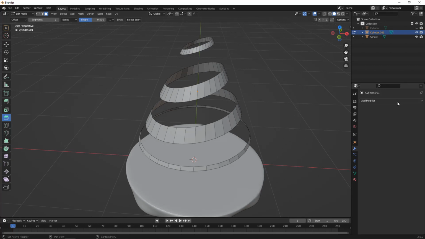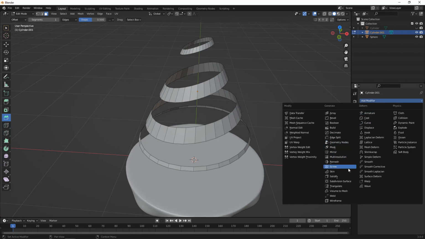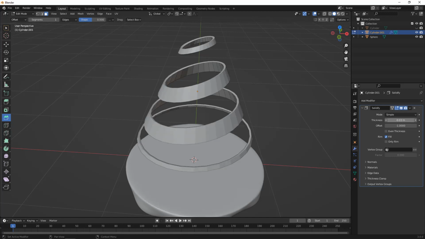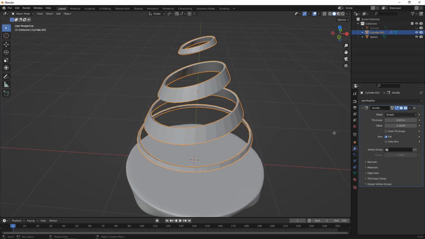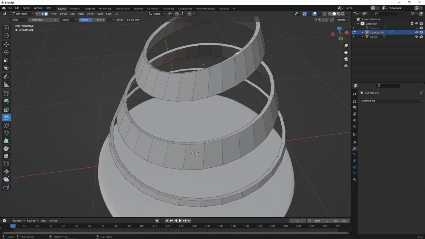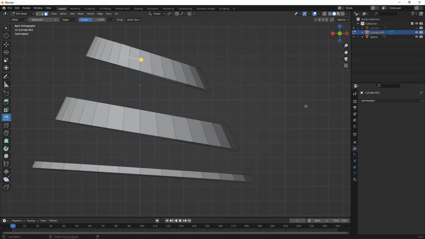Now that I have the ribbons, I'm gonna add a modifier, and this is gonna be a solidify modifier, and I'm gonna add a thickness of -0.03. Okay, and then I'm gonna apply this. Let's get out of edit mode and apply. Let's go back to edit mode, and let's select all my